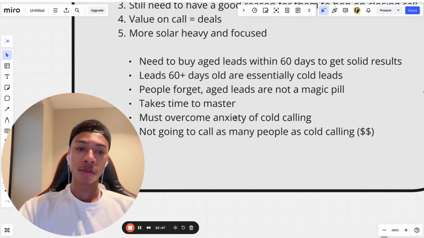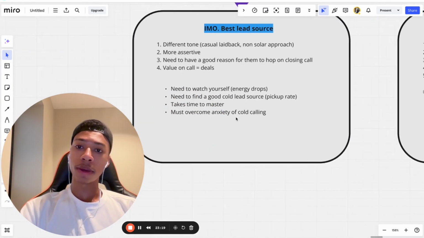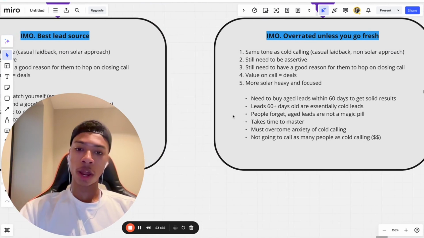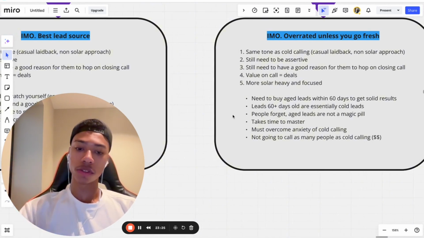If you're going to match one-to-one, for example, let's say you want to buy a list of 1,000 cold leads, and it's going to cost you $100 if you buy a decent list. And for aged leads, if you want to buy 1,000 aged leads, well, then it might cost you $1,000, or it might even cost you $5,000 for a list of 1,000 aged leads. So unless you have $5,000 to spend, or even $10,000 to spend on aged leads, I'd recommend going with cold leads, and you can get those reps in,